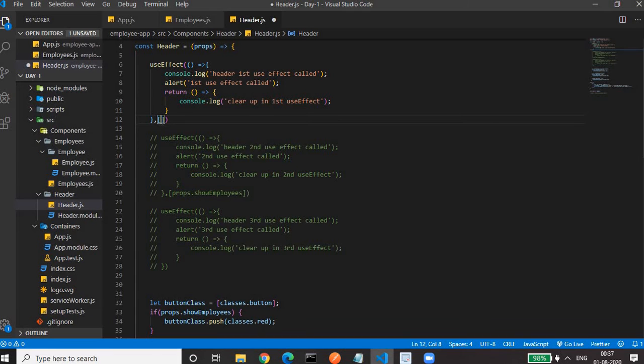If we give the empty array, then the use effect is only called when our page loads. It will execute up to this, means it will execute this Ajax call. Just imagine this is an Ajax call, and when our component gets unmounted, it will call this return statement. For updation kind of things, this won't be called. So we will get the same functionality as component did mount and component will unmount. We'll see it in action.